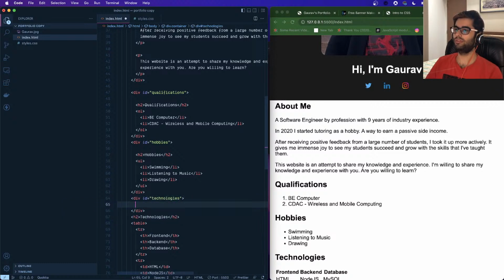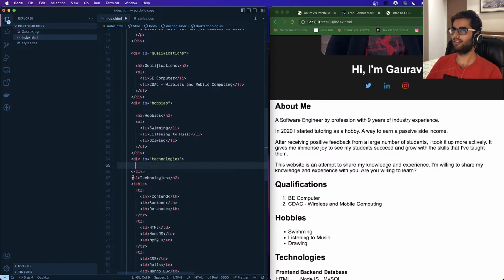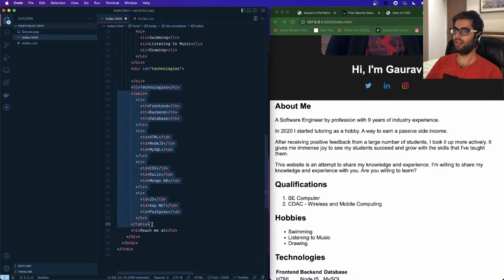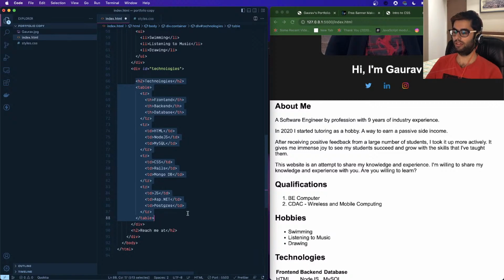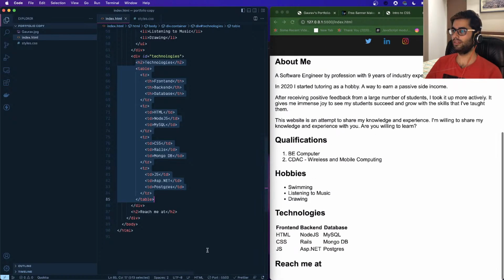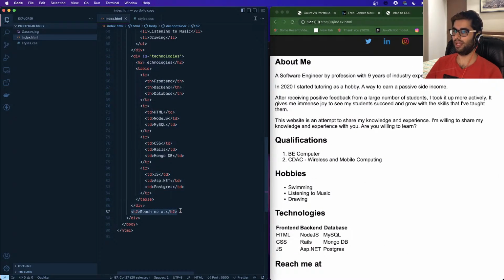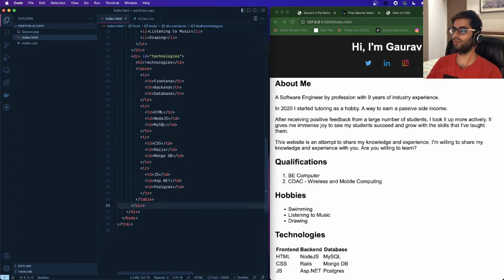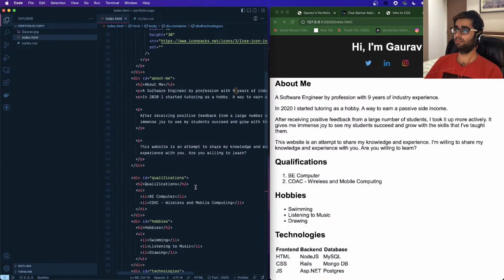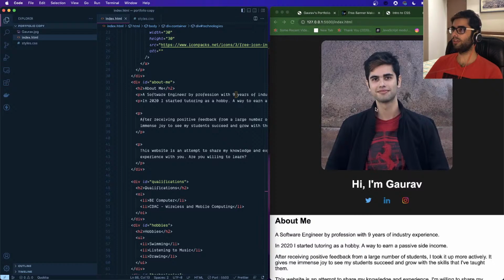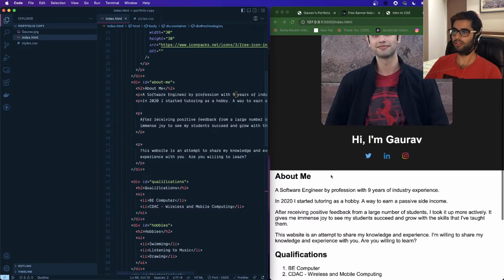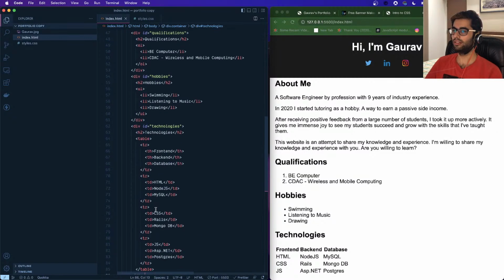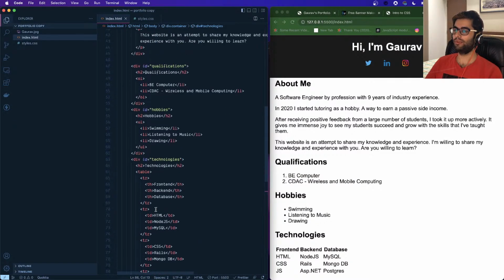Okay, using Emmet, it automatically created that div with this ID tag. And let's move this entire table over here. Okay, let's save this. We'll no longer need this reach me at, since we have added the links at the top. If you want, you can make this image rounded. That is up to you. All right. Okay. The next thing that we want to do is